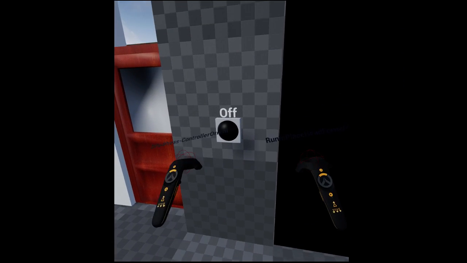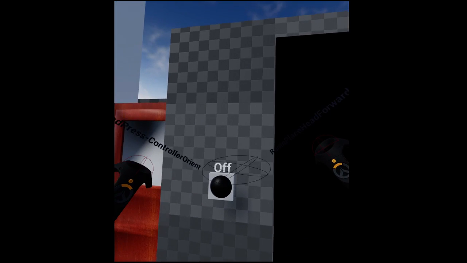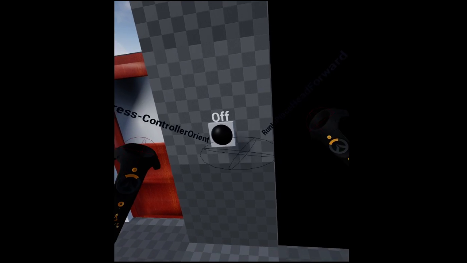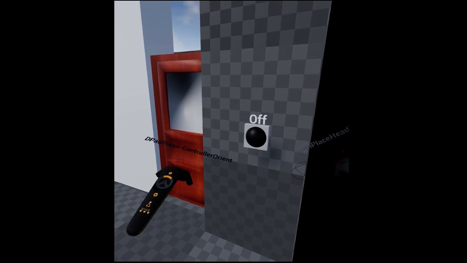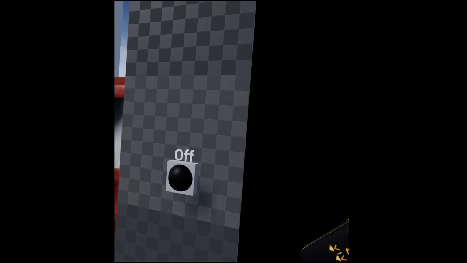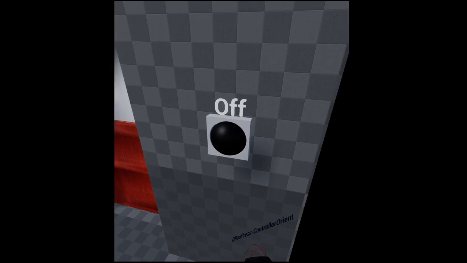Don't mind these black spheres. Rendering of debug objects is currently broken in 4.16, and in VR you get these ghosted shadow outlines of them. It's annoying, but they had the same thing in 4.13 and they fixed it before release, so I'm assuming they'll do it here. First things first,